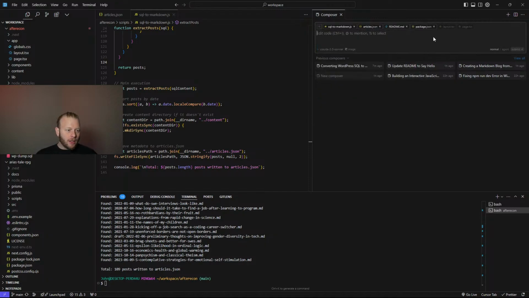Okay, create a script which reads articles.json and creates markdown blog articles under the content folder.